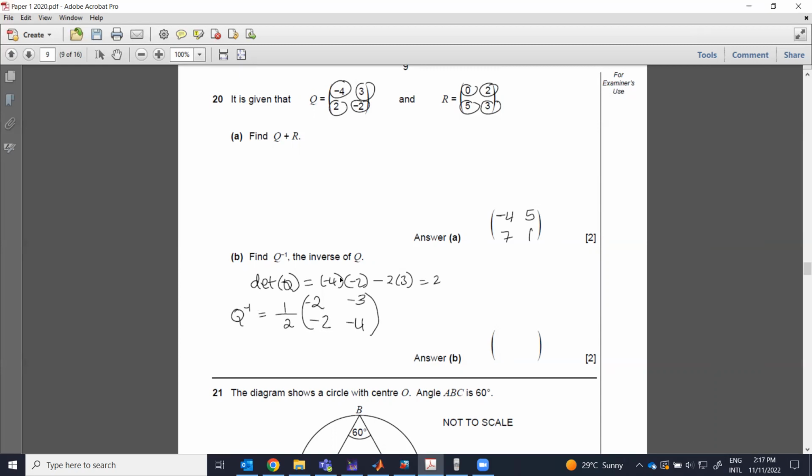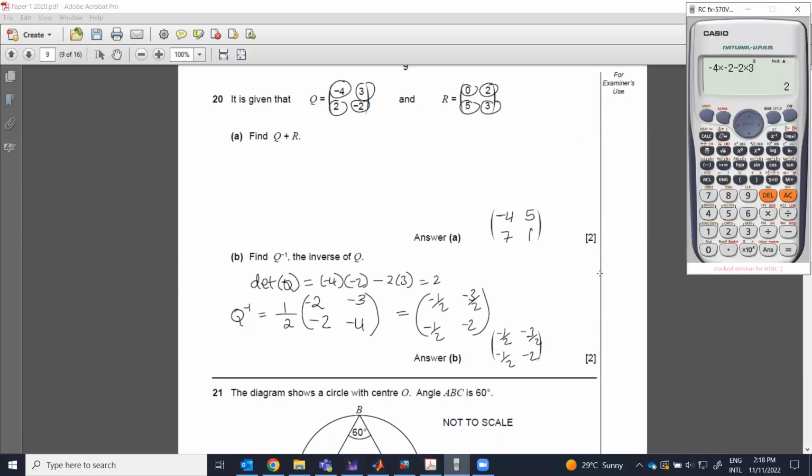Then you would have to multiply inside your brackets. So half times -2 is -1/2. Half times -3, this is -3 over 2. And then half times -2 is -1/2, and then half times -4, this is -2. So you get the inverse, this is -1/2, then -2. And the good thing about this calculator is that you can actually check if your matrix that you've gotten here